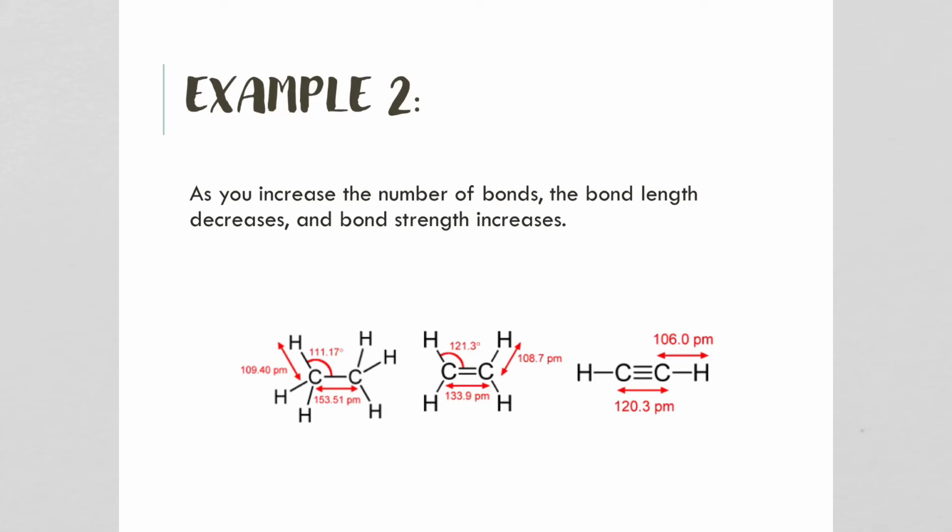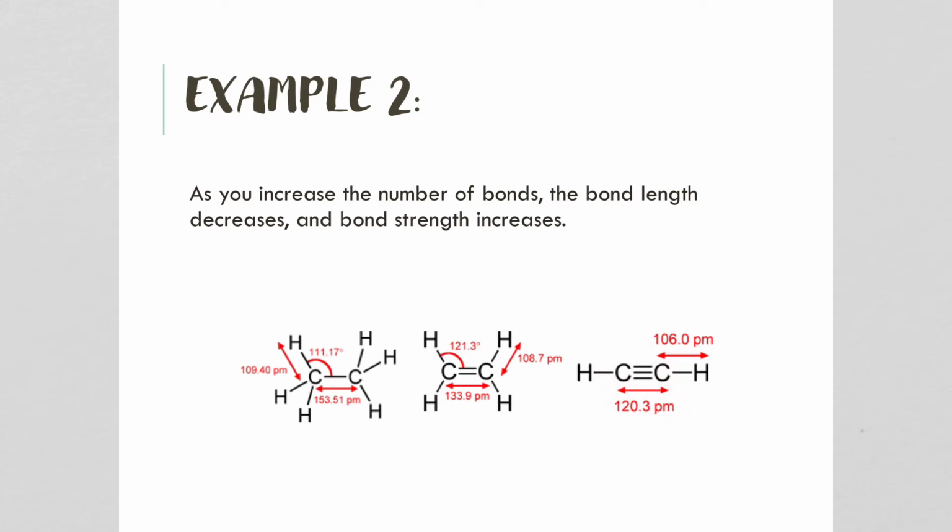Another example is that as you increase the number of bonds, the bond length will decrease and the bond strength will increase. So if you have a single bond between two carbons, the bond length is 153.51 picometers. You throw on an extra bond, so a double bond, you can see that the bond length decreased. And then if you have a triple bond, it decreases even more. So this would be the easiest bond to break. This one would be harder, and this one would be the hardest because it has the shortest bond length, so